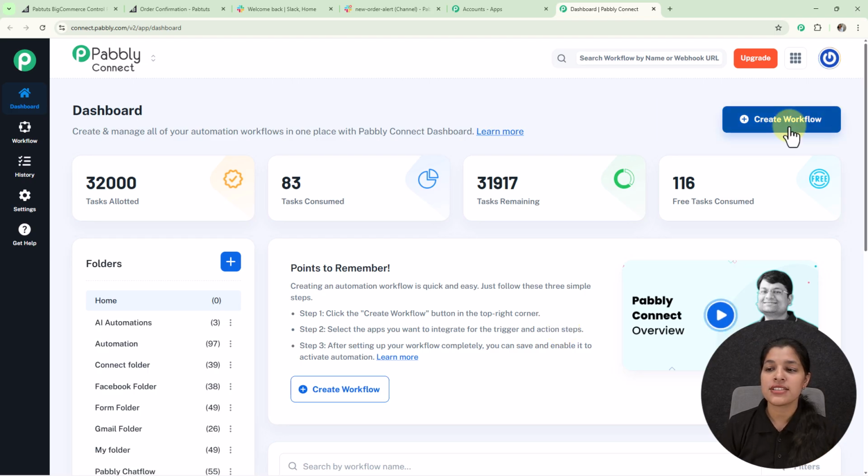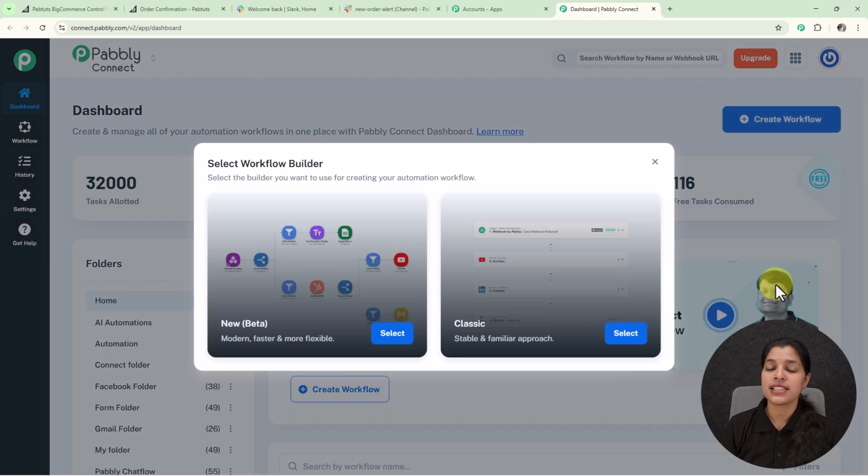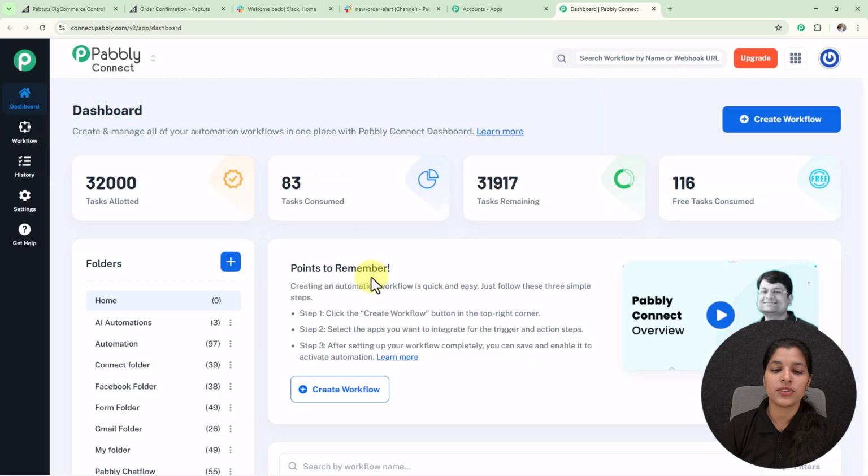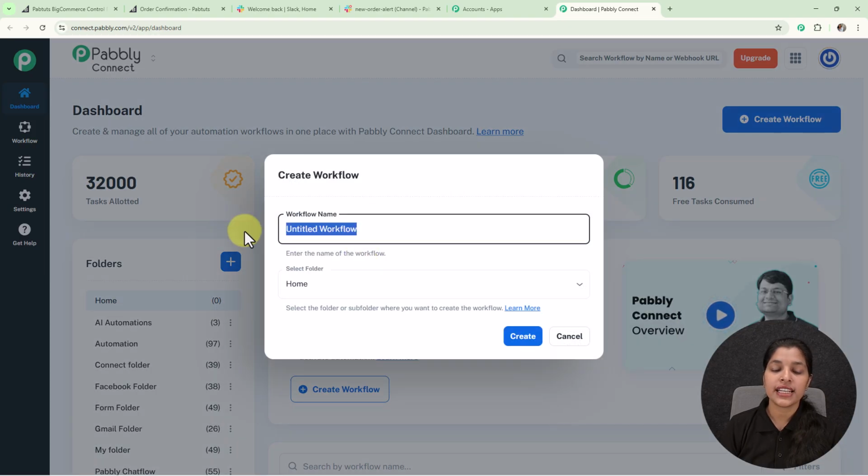So for that you just have to click over this create workflow button, and here we are getting these options for selecting the workflow builder. So here we are getting two workflow builders, that is beta, which is modern, faster and more flexible, and another that is classic, which will provide you a stable and familiar approach. So here I am going to use this newly launched workflow builder beta. So for that you just have to click over this select button,